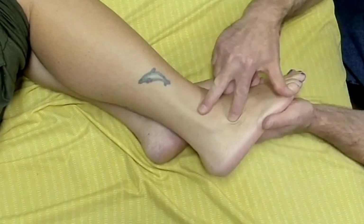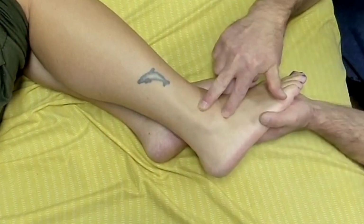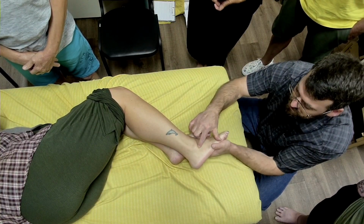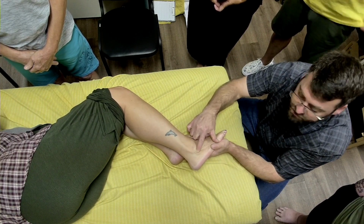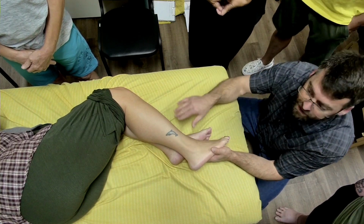The tertius doesn't have the same actions. It actually dorsiflexes the ankle. It does evert the foot, although it's weak and kind of useless. But moving it around, you just feel around and see. I don't believe she has a tertius. I don't feel any tendon in there. We could check her other ankle, but I'll let her partner do